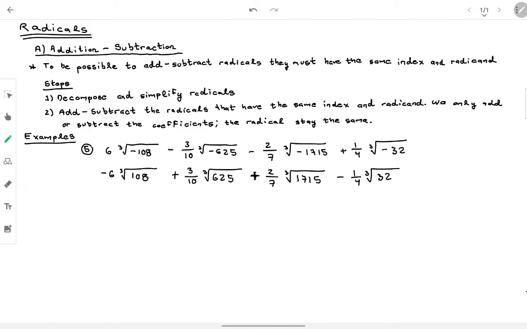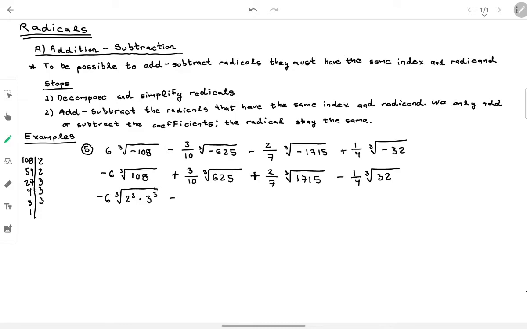So after changing the signs, I need to decompose the numbers. 108 divided by 2, it's 54. Divided by 2, it's 27. Divided by 3, it's 9. Divided by 3, it's 3. Divided by 3, it's 1. So this one is going to be the cubic root of 2 squared that multiplies 3